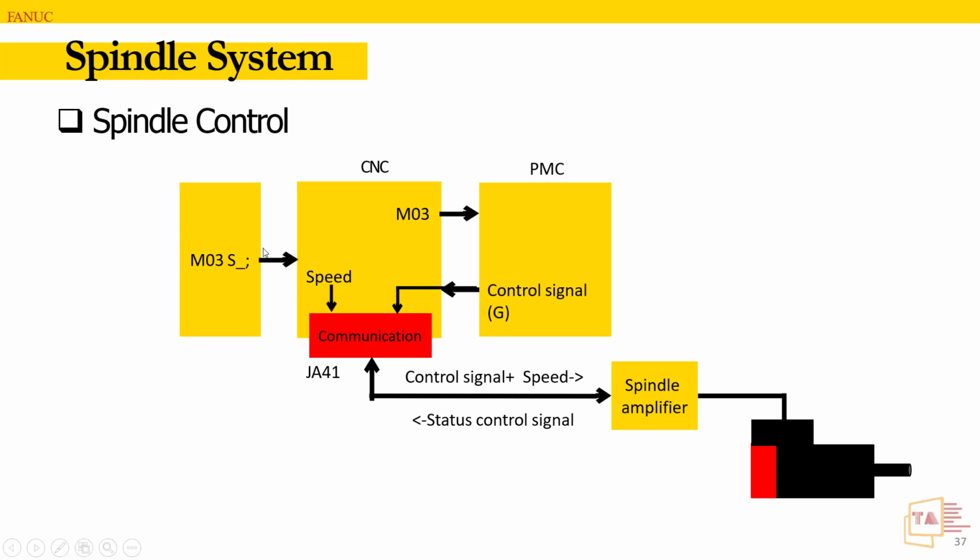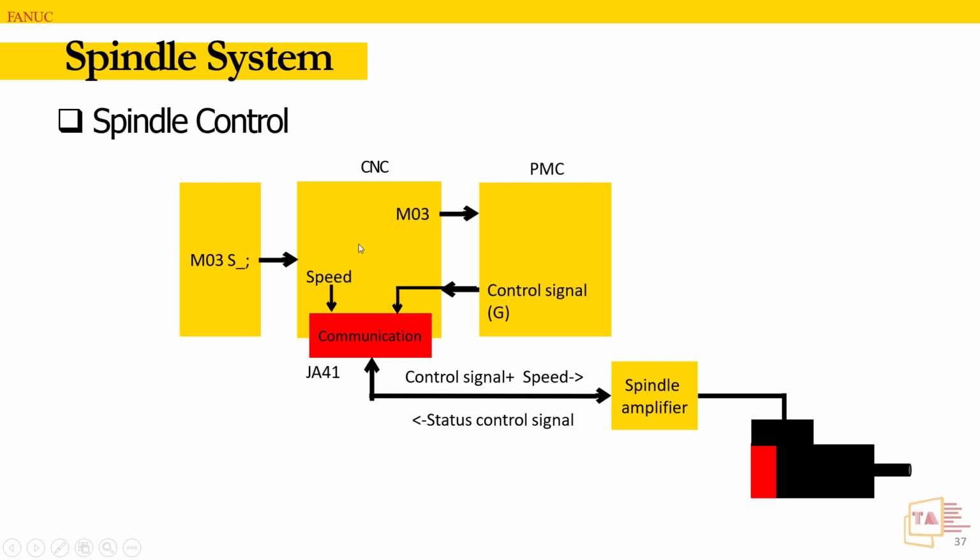Okay, so this is the spindle command. I think most of the people know, and now you got some idea about this command. If you are not a CNC person, then you will get some knowledge. Now I'm giving M03 S1000. So this is my command: I want to rotate my spindle clockwise at 1000 rpm. So now I'm giving the command to CNC.